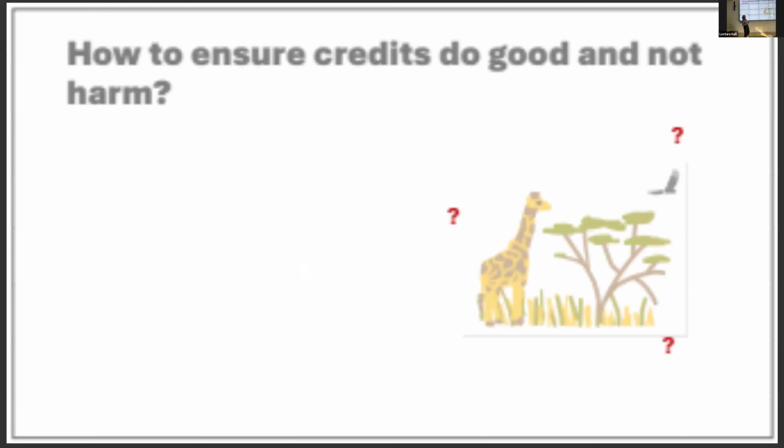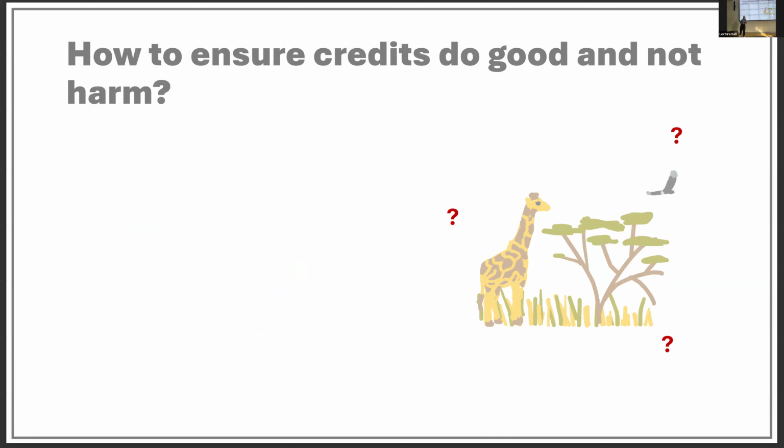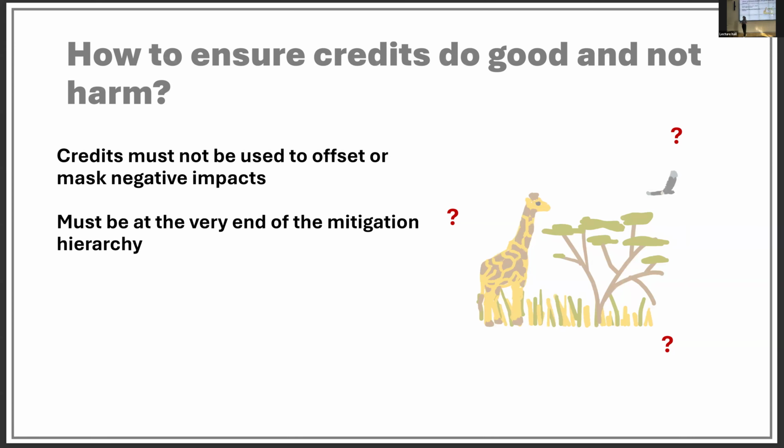However, if biodiversity credits are used as a means of businesses, say, demonstrating that they're contributing to positive biodiversity outcomes, without that positive contribution being allowed to mask or offset their negative impacts, then there's some possibility. So we argue that credits must not be used to offset or mask negative impacts. Businesses still need to be observing the mitigation hierarchy strictly. We need to be ensuring there's really strict regulation to be reducing and where possible, halting biodiversity harms from businesses. And they cannot mask those harms by purchasing credits. It needs to be two separate things.